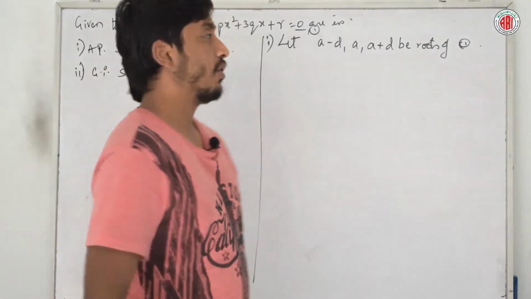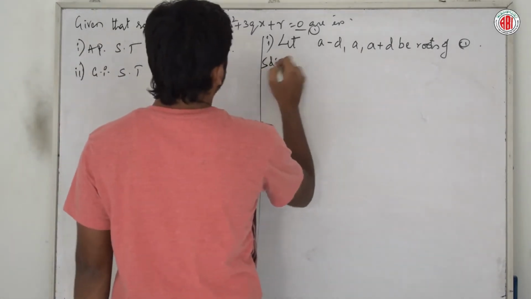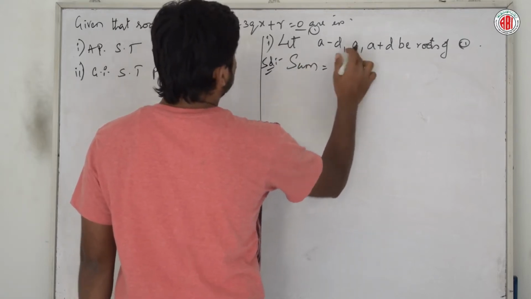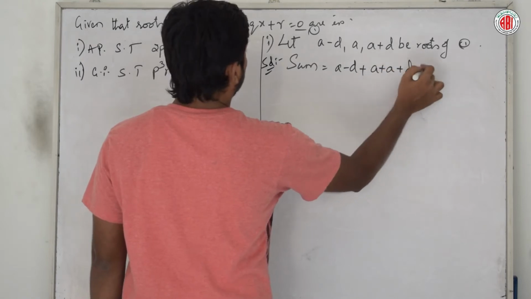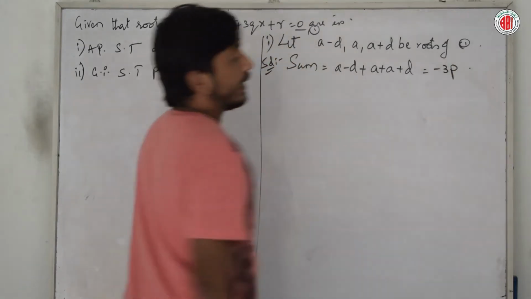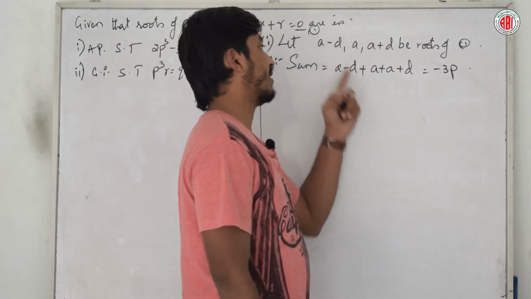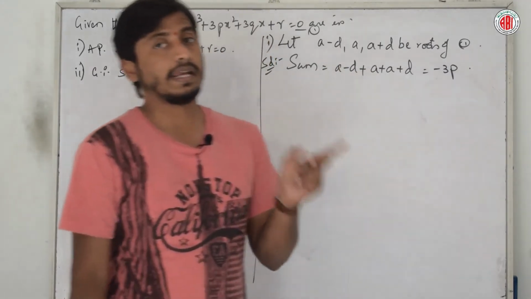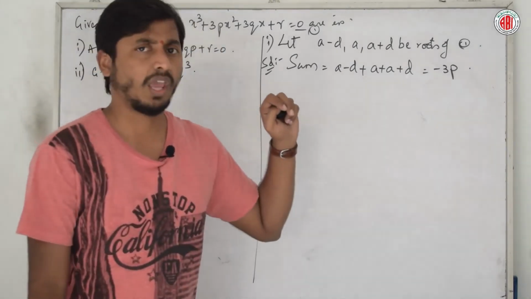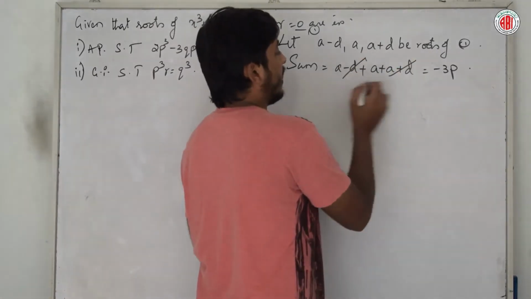Okay, so how do we find each and every root? Let me say sum of roots, that is first root, second root, third root. What's the formula here? Minus 3p by 1. Yes or no? Are you able to understand? There is nothing confusing here. Instead of alpha plus beta plus gamma, I have written a minus d plus a plus d. Right? Instead of minus b by a, I wrote minus 3p by 1. Okay? Fine.